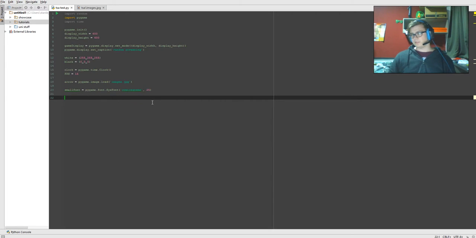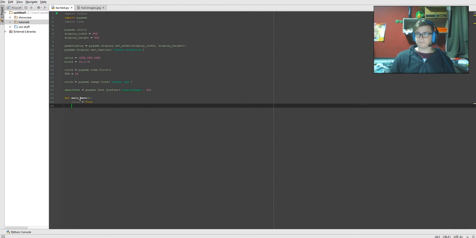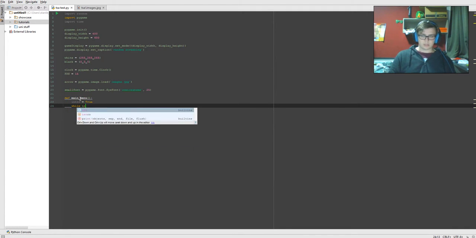Now, this is where it gets a little bit more difficult due to the fact that we need to start defining functions. So the first function is going to be intro, or main menu. Let's go main menu. Alright, that's good. Right, and now we don't need to input anything into this. Intro equals True. While intro: